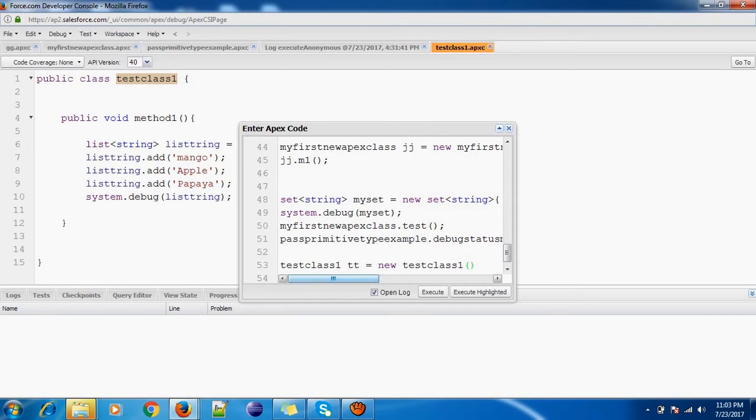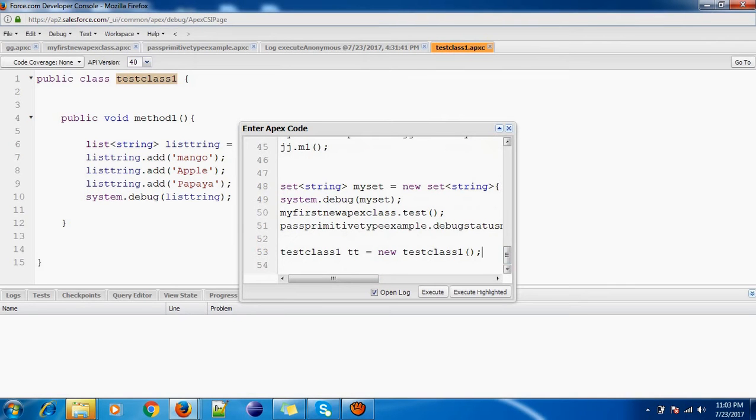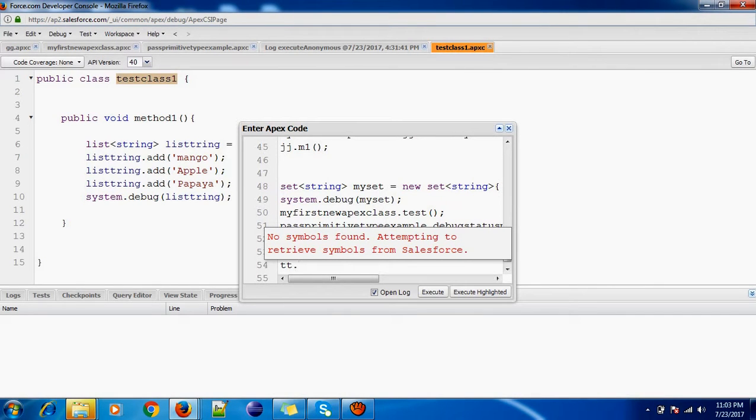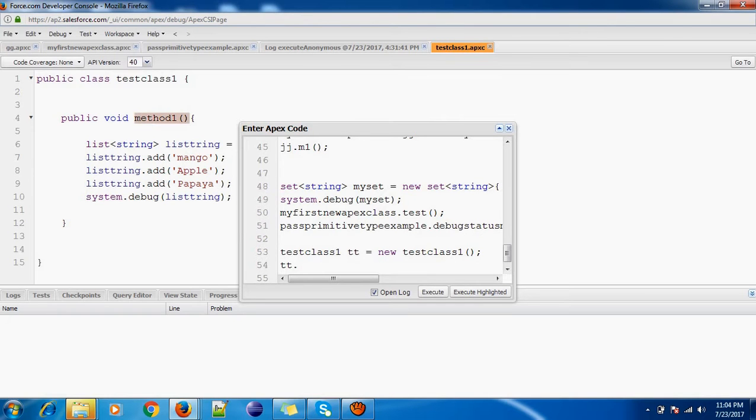Okay, so this is the name here. Now for calling this method, we have to use this variable tt dot method 1. Okay, semicolon.